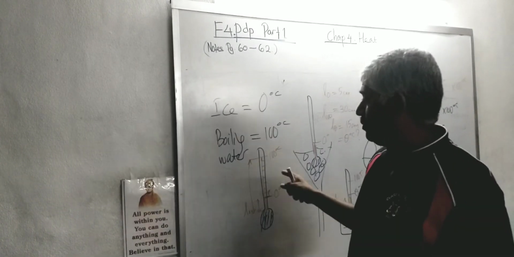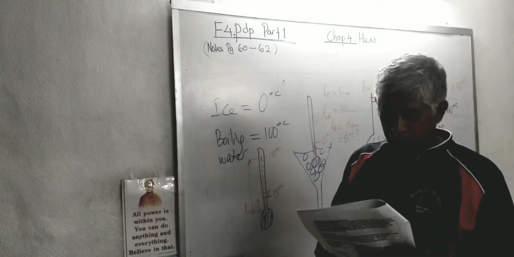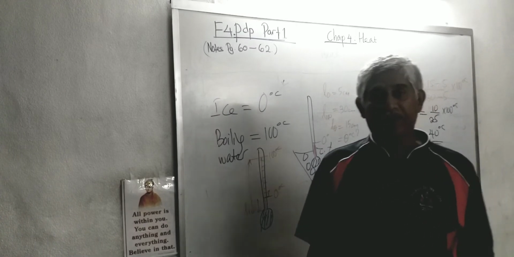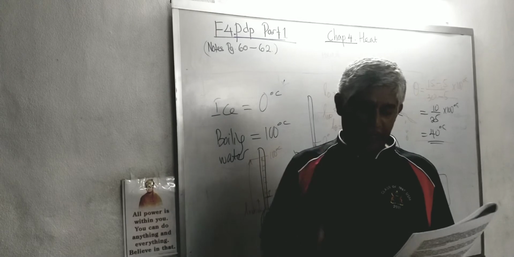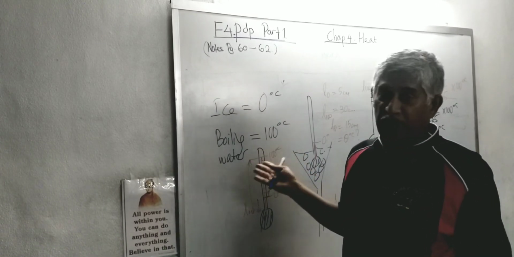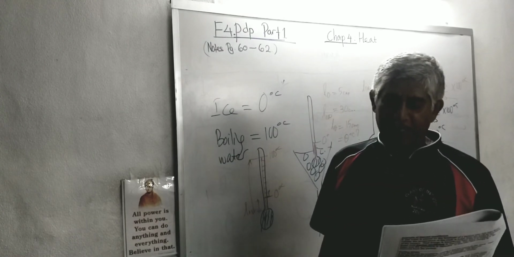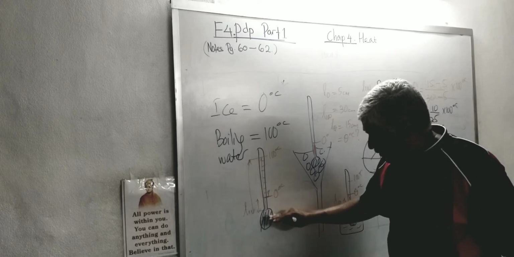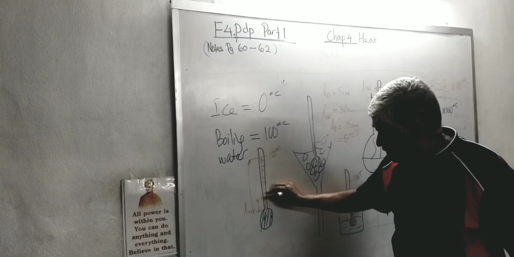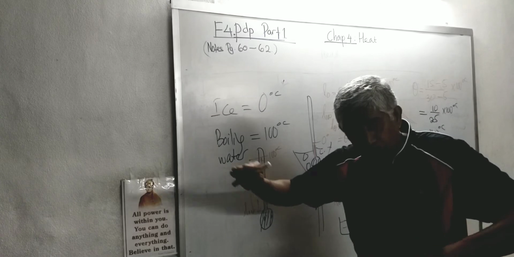The purpose of choosing mercury: why we don't want to use water, why we don't want to use other liquids. We use mercury because, number one, mercury is a good conductor, and at room temperature it is in liquid form. Number 2, it has a very high boiling point, 357, which is good enough for us to measure any practical temperature around us. Number 3, it expands uniformly. That means every time you heat and the temperature goes up, the length increases uniformly, from 0 to 1, 1 to 2, 2 to 3.